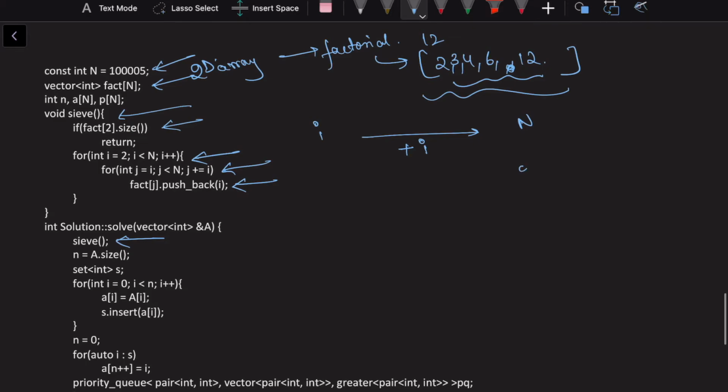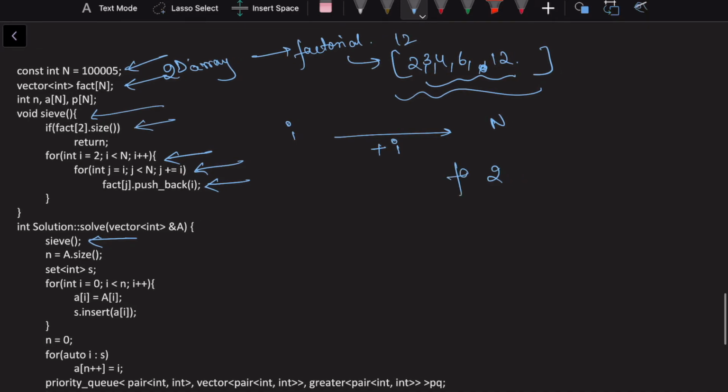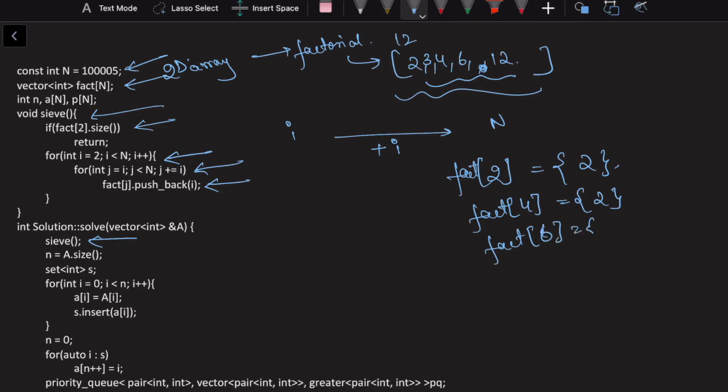So let's say I started with 2, so fact of 2 will have 2 inside of it. Next, fact of 4 will also have 2 inside of it. Then fact of 6 will have 2 inside of it, and so on and so forth.